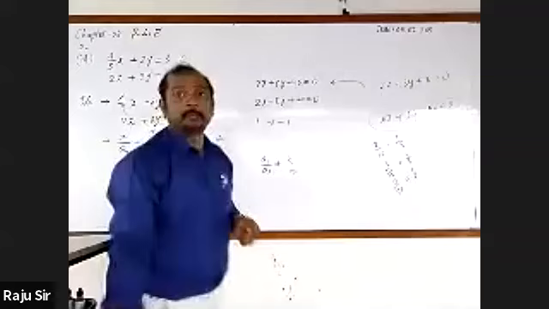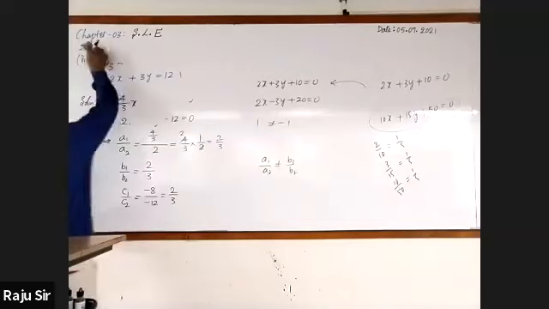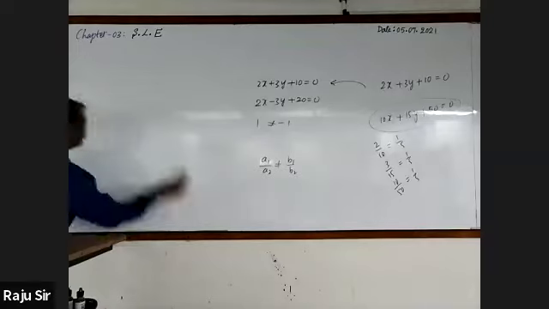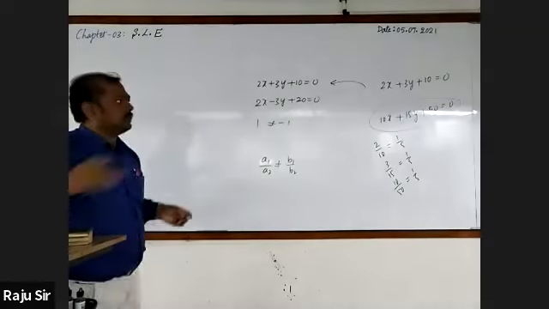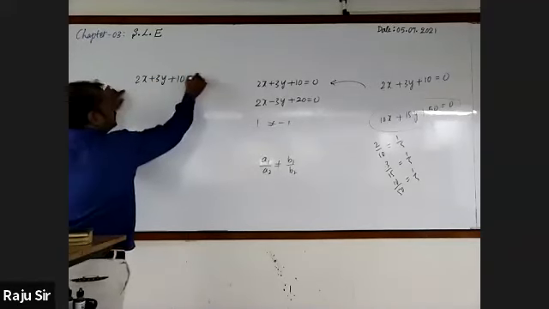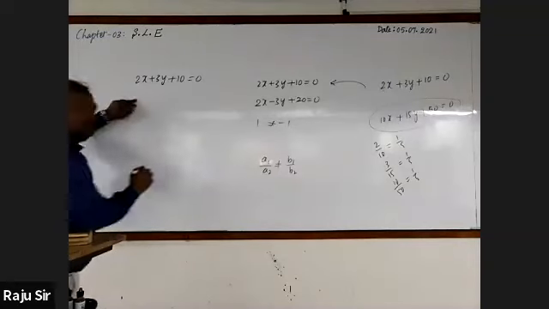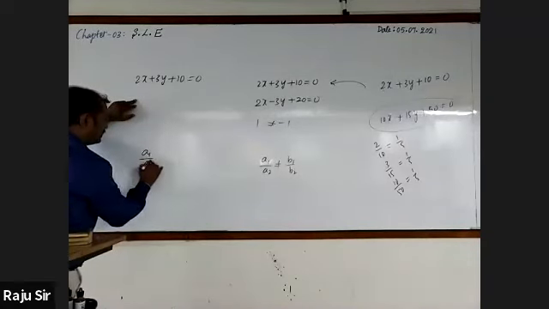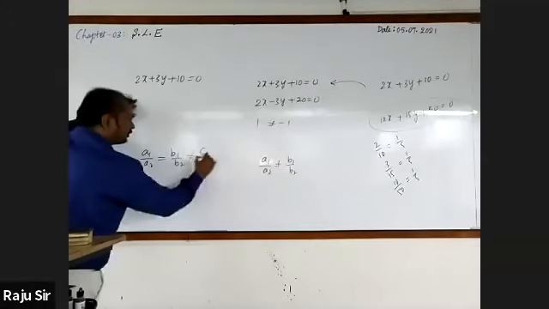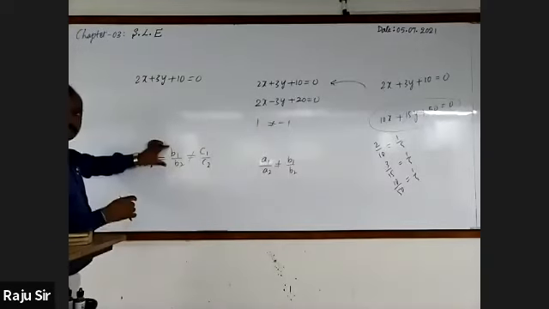Okay. Suppose, sir, no solution. Now let us come to know how to form the equation for no solution. One equation is 2x plus 3y plus 10 is equal to 0. We want no solution, means it should satisfy the condition a1 by a2 is equal to b1 by b2, but not equal to c1 by c2. It is very simple. These two ratios should be same.